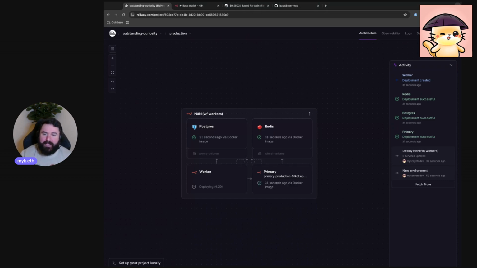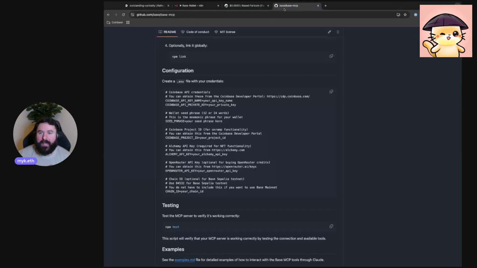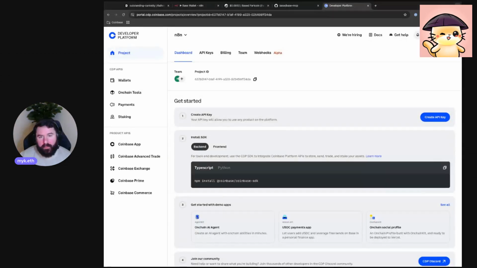go to the Base MCP GitHub repository, and you're going to want to see all of these API keys and things that you'll need to make your chatbot work. So you're going to need your Coinbase API key and your Coinbase API private key. So I'll show you where you can get those right now. So what you're going to want to do is go to